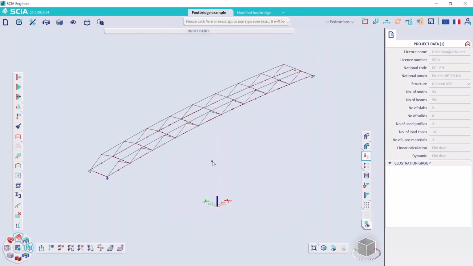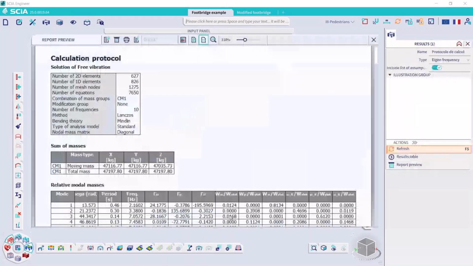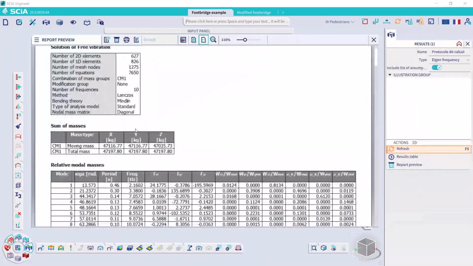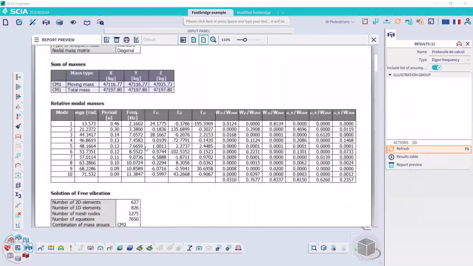Then a modal analysis was carried out with 10 eigenmodes, and we can have a look at the results and the calculation protocol. We will be able to see for the first combination, the total mass and the moving mass. And if we look at the table of the eigenmodes, you can see that the first one appears at a frequency of 2.16, and it has an 81% mass participation in the Z direction, so in the